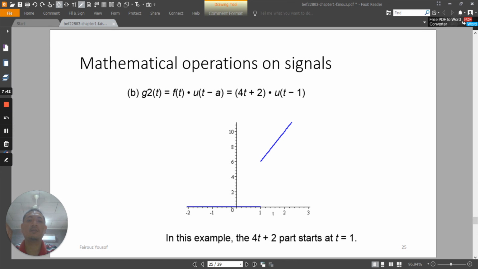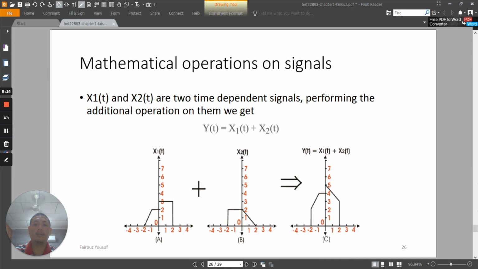So this is for 4t plus 2 multiplied with u(t minus 1). Same thing, just draw 4t plus 2, which is this straight line, but for anything before 1 it is 0. Before 1 is 0, after 1 it is the straight line. So here and here. Next,